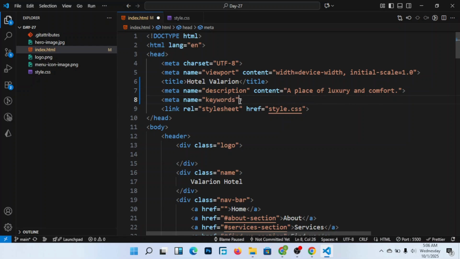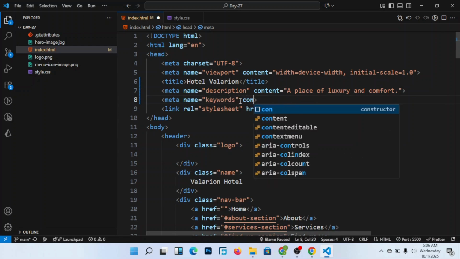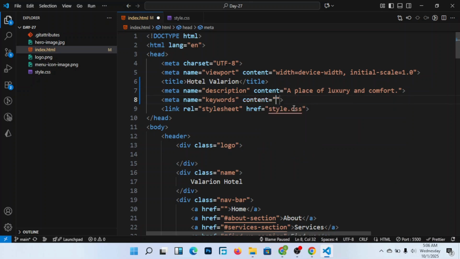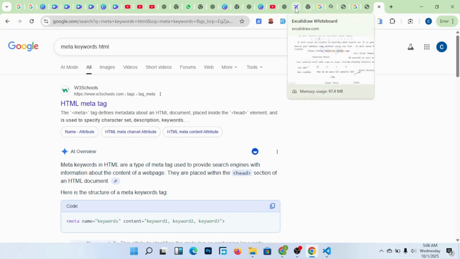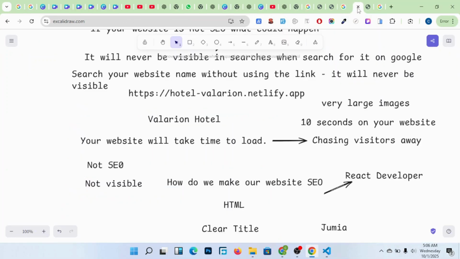Another common thing here is content, then you put keywords. So what are keywords here? I want to keep explaining each of these concepts so that you understand them very well.